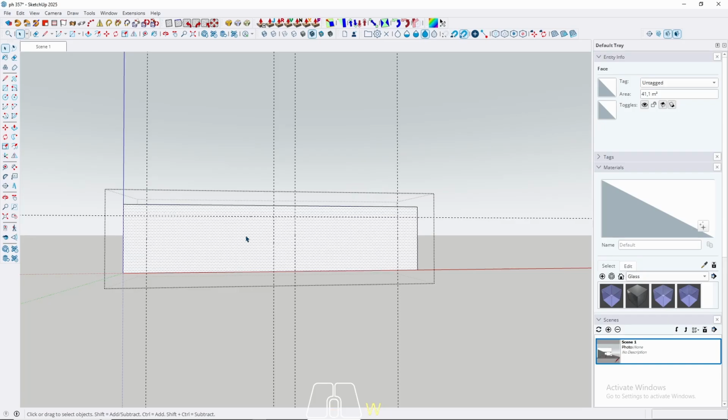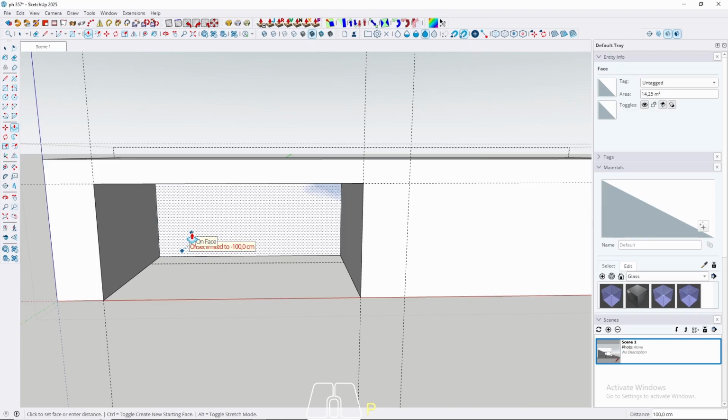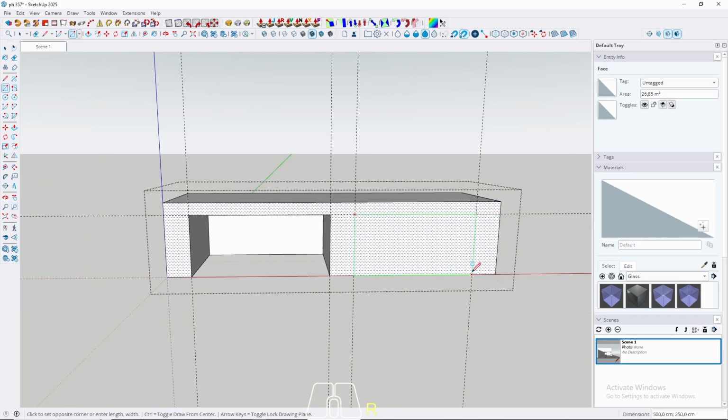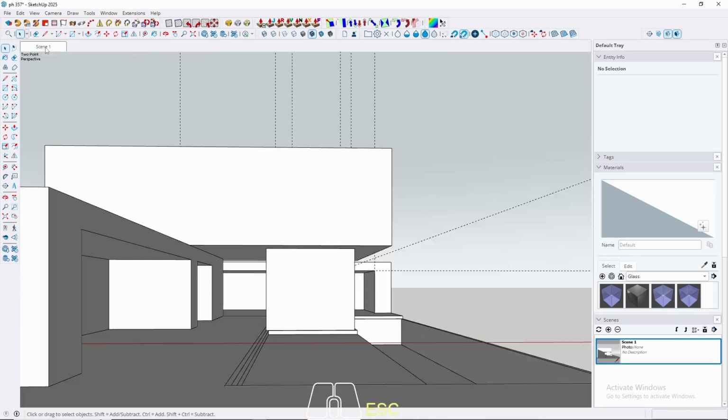Okay, make a hole. 85. I want to make this room big, so let's add, no, it's enough. Okay,